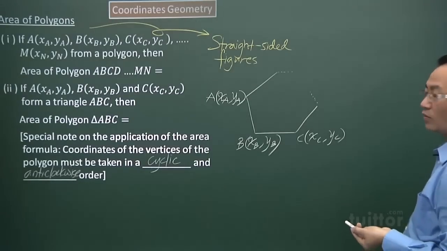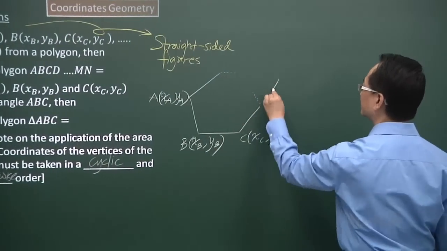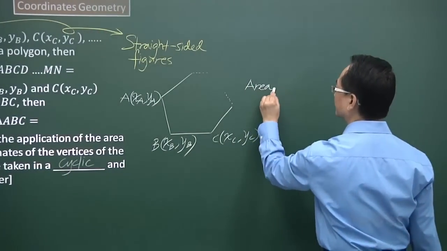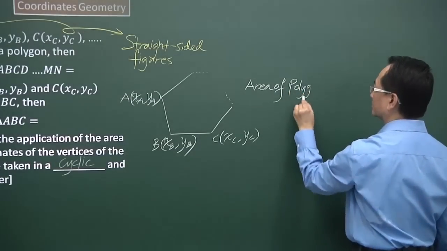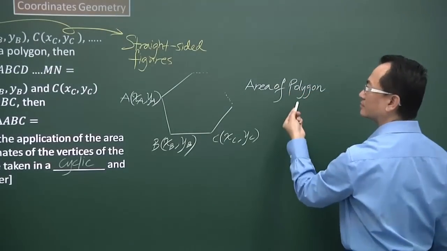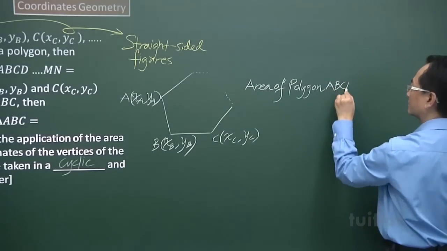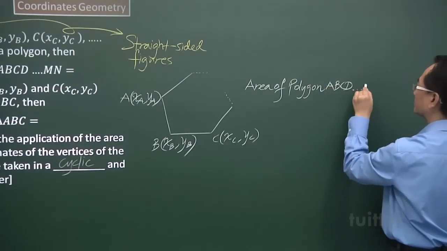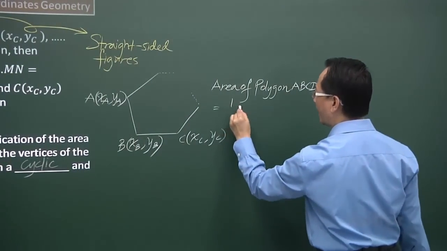Now, the way to find the area of the polygon would be, I will take half of